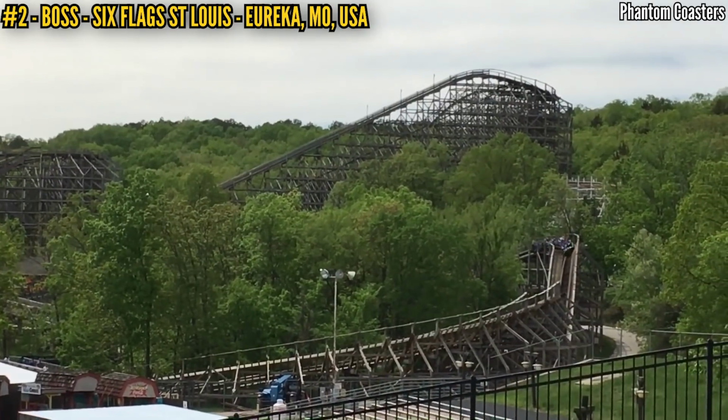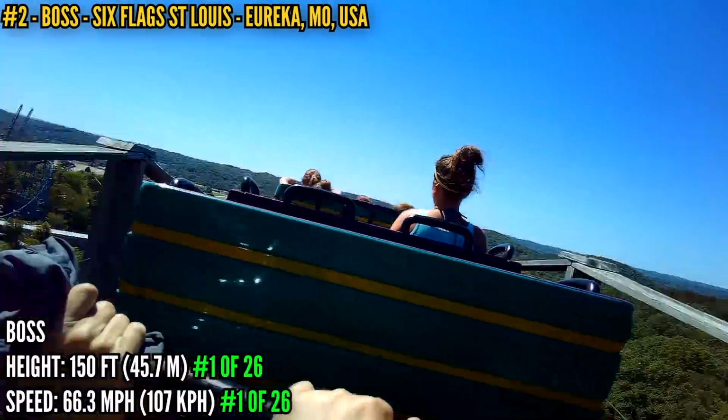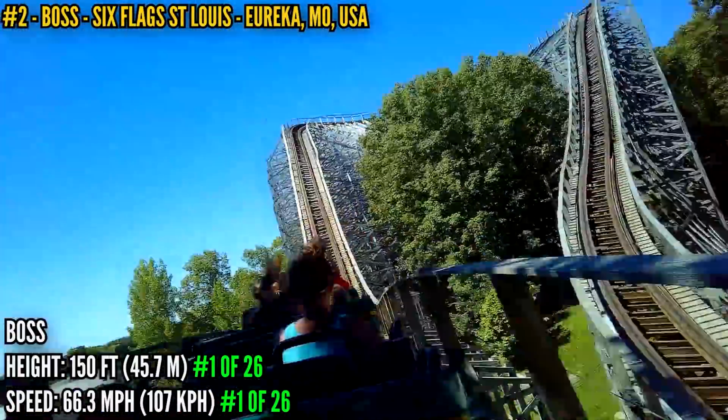While Ghost Rider is one of the bigger Woodies in CCI's portfolio, it's got nothing on the Boss. The Boss tops the list in height and speed. Its 150-foot drop clearing the rest of the field by 28 feet, and its 66.3 miles per hour clears Boulder Dash and Zeus by more than 6 miles per hour. Ghost Rider is still respectable in these categories,